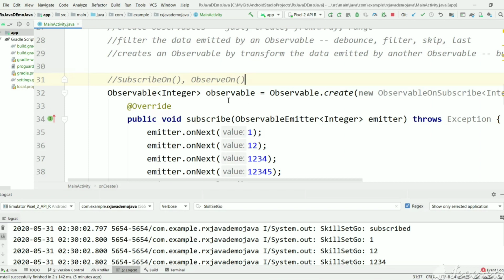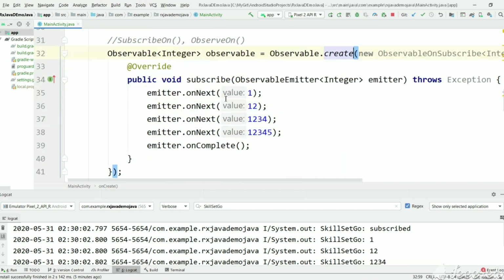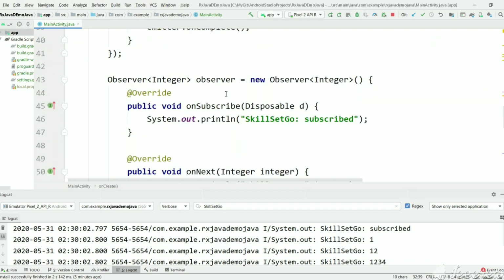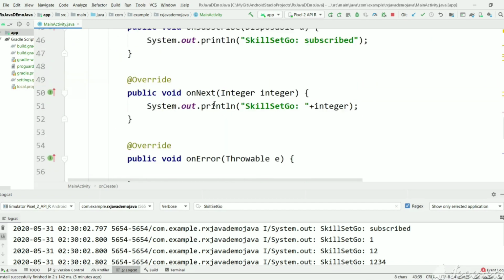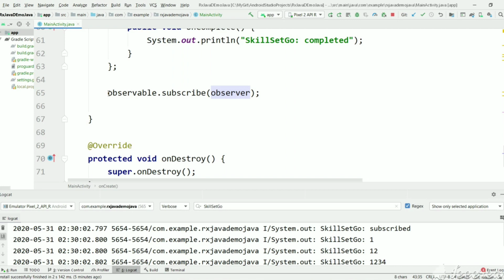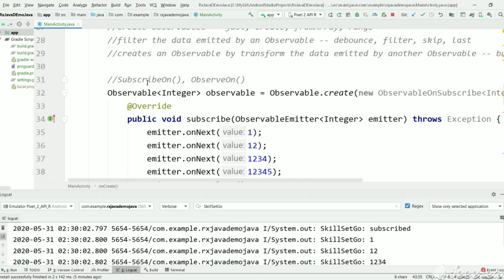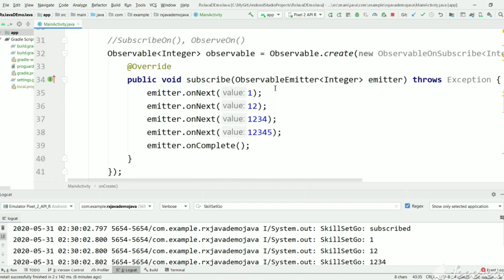Here in this example, from the previous video, we used a create operator, we created an observable and we created an observer, and we connected them both with observable dot subscribe. In this example we are not using either subscribeOn or observeOn, and let's see on which threads both the observable and observer are running.